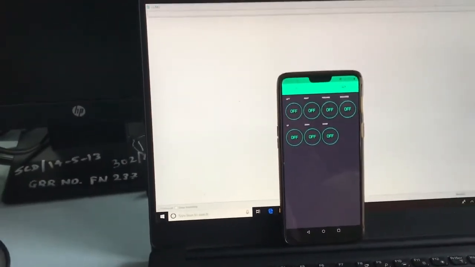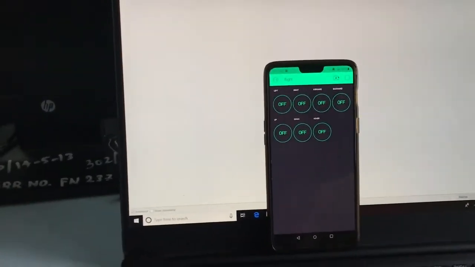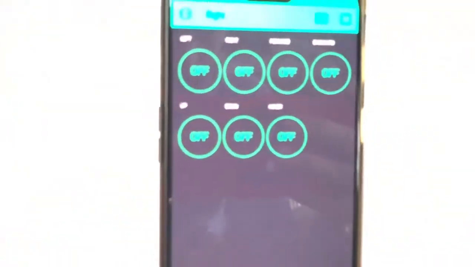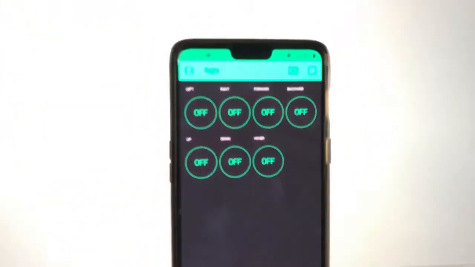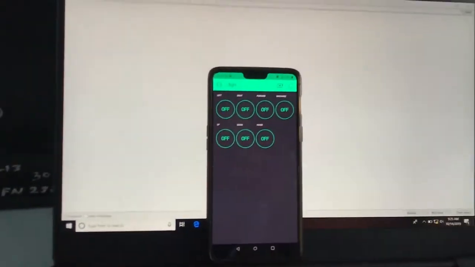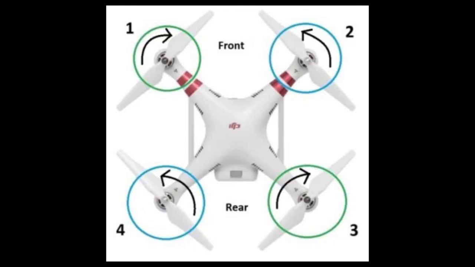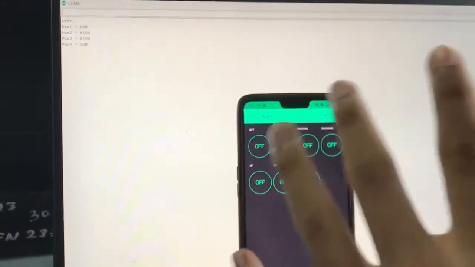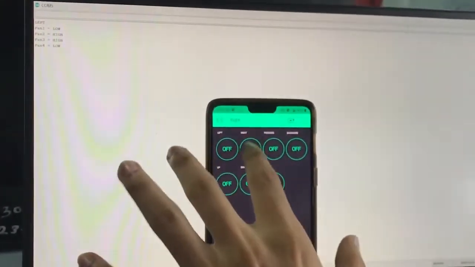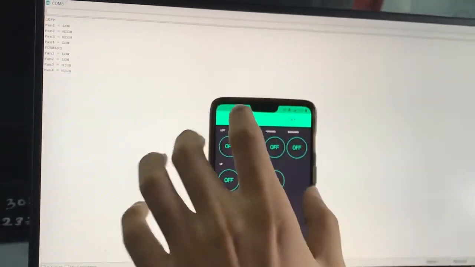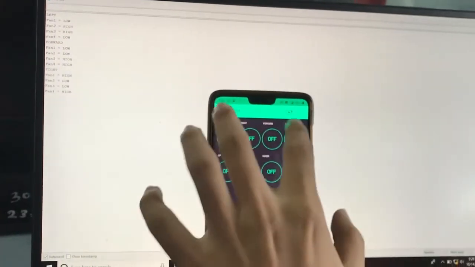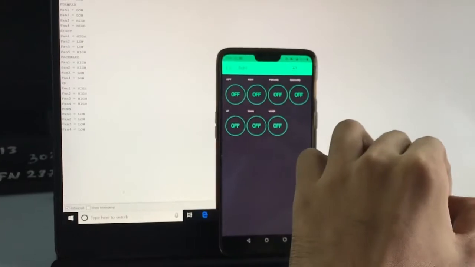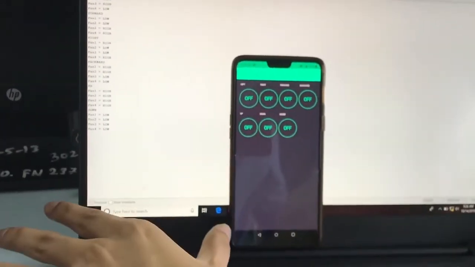There are 7 buttons on the blink cap, each doing respective functionalities. Those are up, down, left, right, forward, backward and hover functionality. So we'll show you each of the functionality one by one. So first it's left. You get a fan speed of all the motors. Then there's forward, right, backward, up, down, and I'll show you the hover functionality, which is coded using the MPU